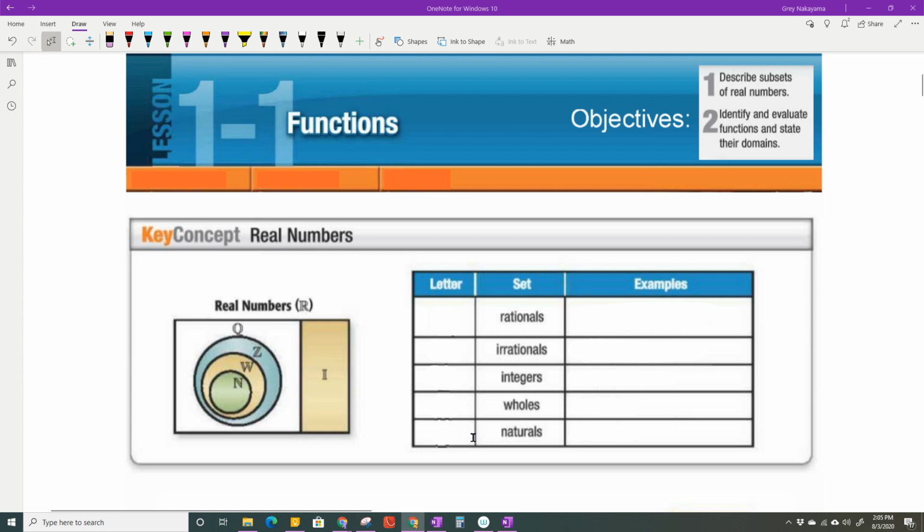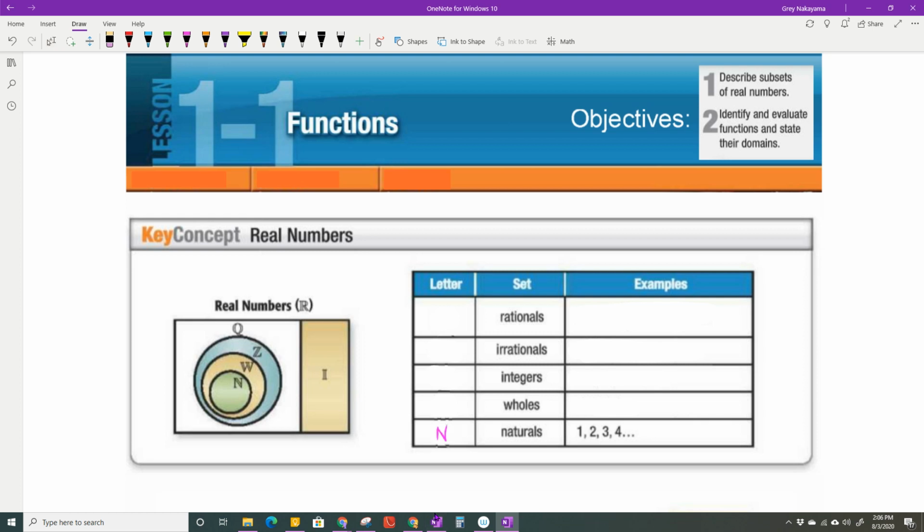Okay, and I like to start with the smallest set, which is why it's in here in the middle, inside all of the other ones. The first set of numbers that you have when you were really little and you learned how to count were 1, 2, 3, 4, and so forth and so on. Those are called the natural numbers, sometimes the counting numbers, and it is denoted by the letter